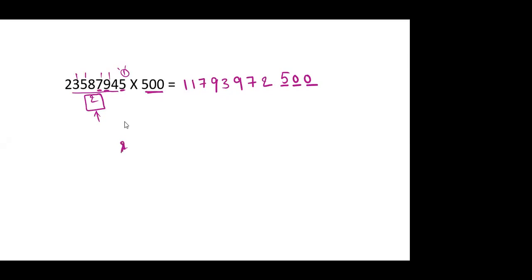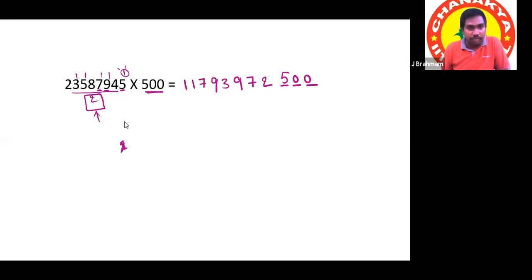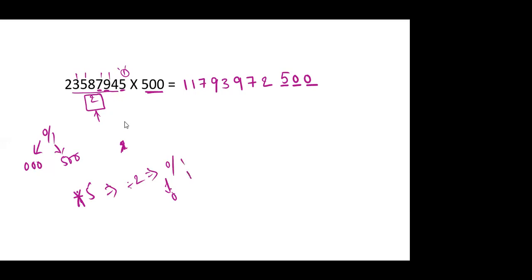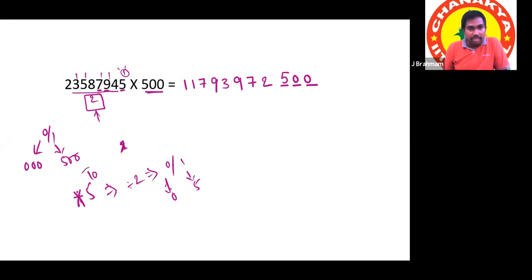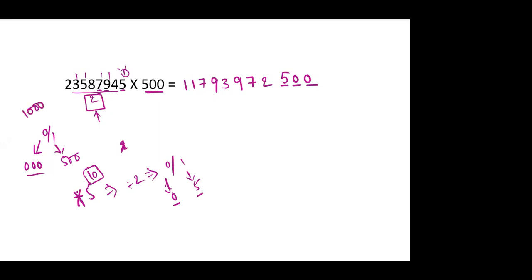Yes. So only 2 remainders are possible if you divide any number by 2. 0 and 1 are the remainder possibilities. If 0 is the remainder, we'll place 3 zeros, and if 1 is the remainder, we'll place 500. Means actually when it is multiplication by 5, we'll divide it by 2, right? Remainder 0 will place 10. Remainder 1 will place 15. Because we have made it 10, that's why the last digits will be 0 and 5. Because here we made it 1000, that's why either 3 zeros or 500.